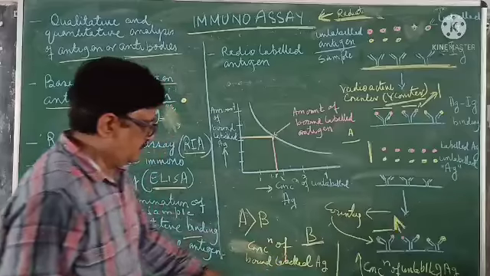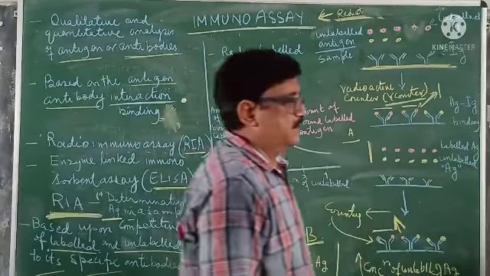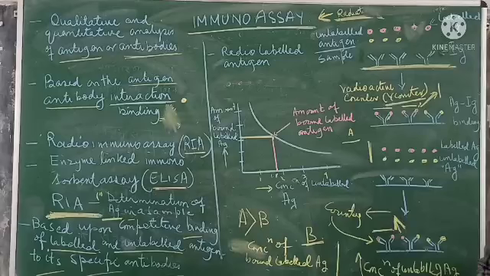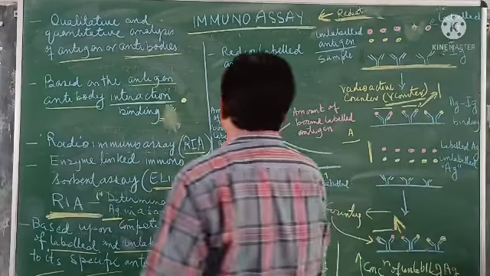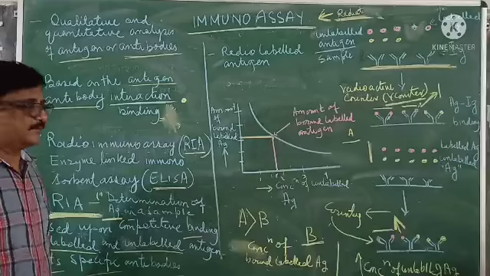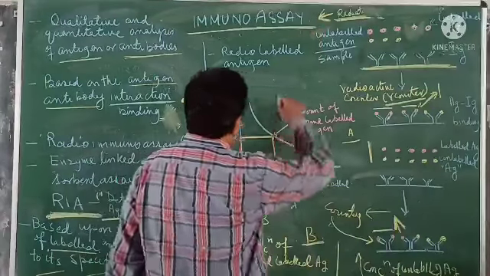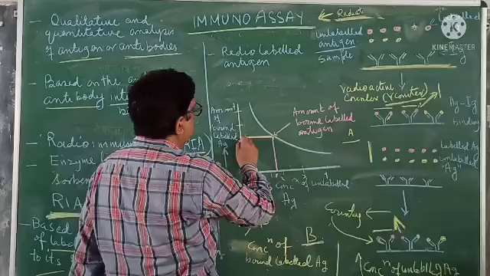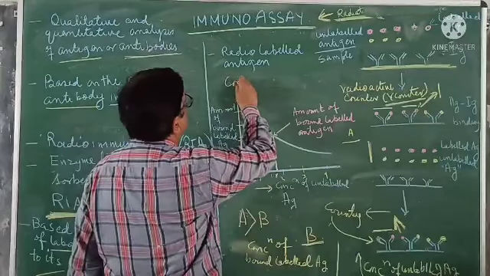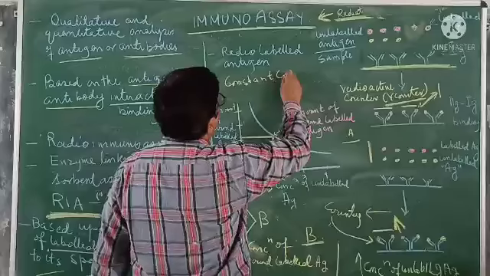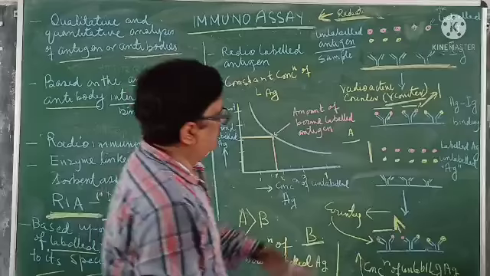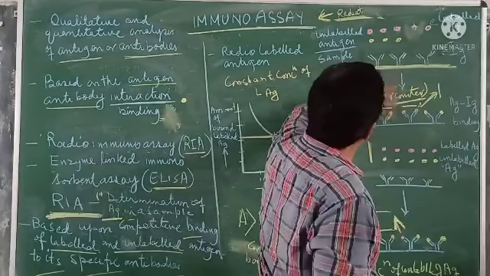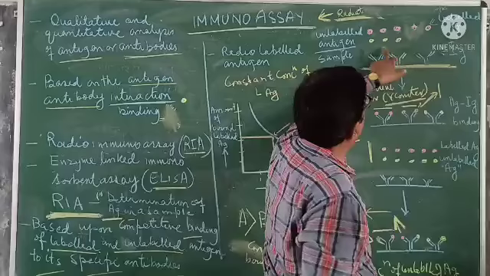So by this method we can calculate the quantitative concentration of unlabeled antigen present in a sample. This will be done by a graph. In the graph we plot a graph using a constant concentration of labeled antigen. Okay, here we also have constant concentration of labeled antigen, but the concentration of unlabeled